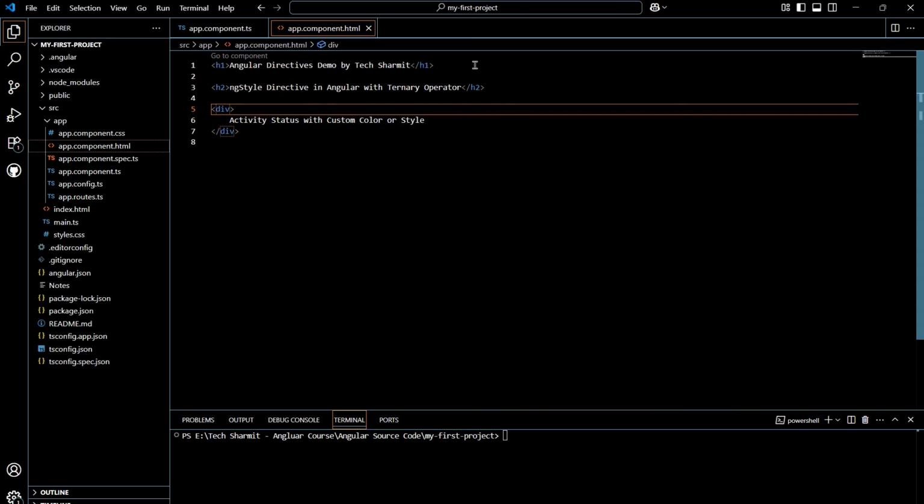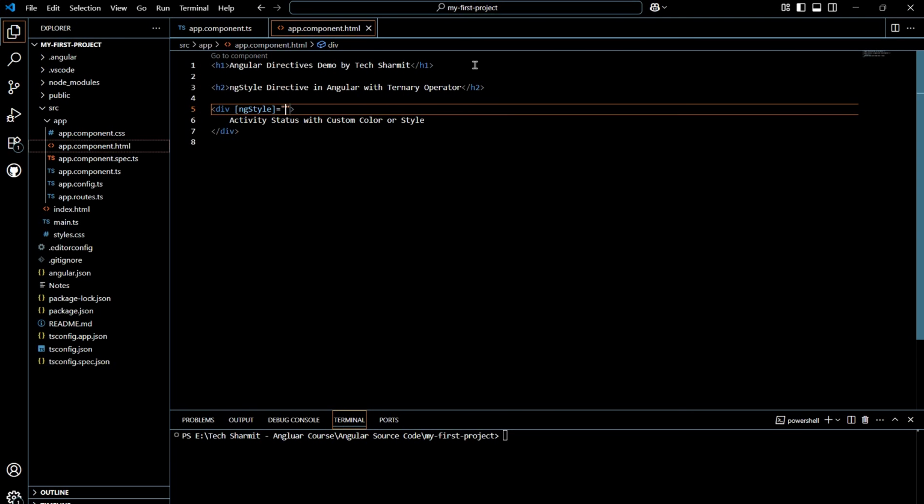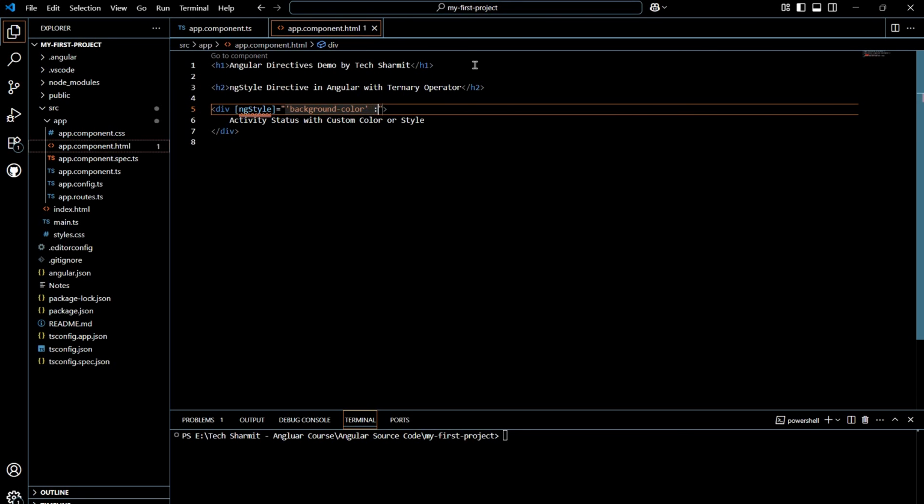For that, I'll simply add one ngStyle directive here. Just write ngStyle, and in this ngStyle we will check the first thing, that is background color. Whenever you want to use background color, always make sure to use single quotes. Inside this we will write background color, then we will write a colon, and after the colon we will write the color, let's say green. Okay, and after this green, here we will use the ternary operator,